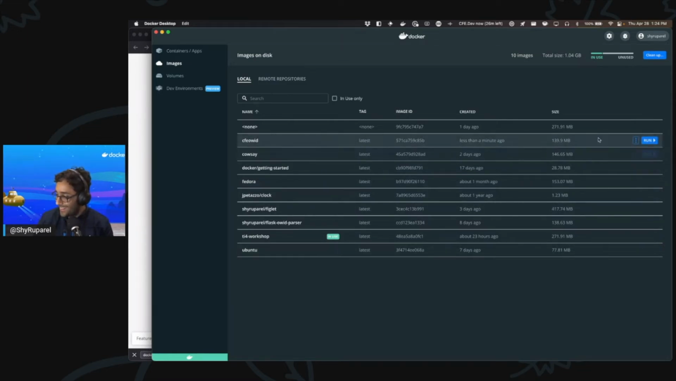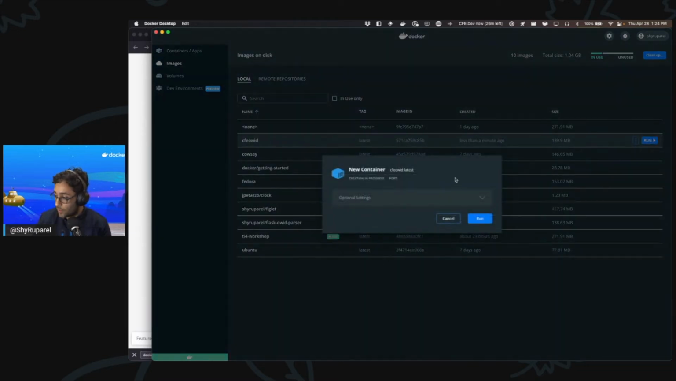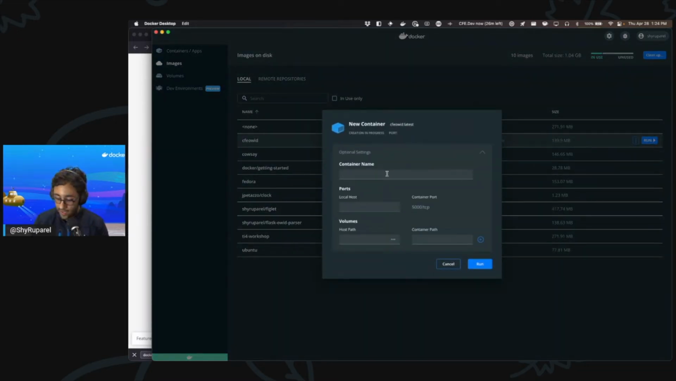Yeah, that's funny. So I can hit run on this image that I've created, and we can see it's only 139 megabytes, which is pretty reasonable, especially since I'm going to run this on a Raspberry Pi in a little bit. And I can go in and I can name it. So CFE dev. I can set a port. So I'm going to set port 5000. So what I'm doing here is I've exposed port 5000 from the container, and that's because that's what